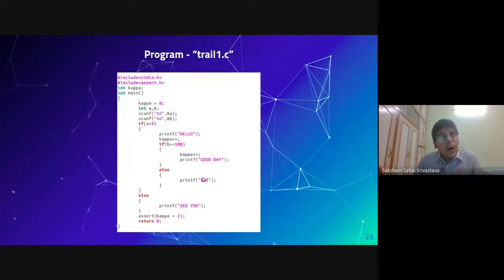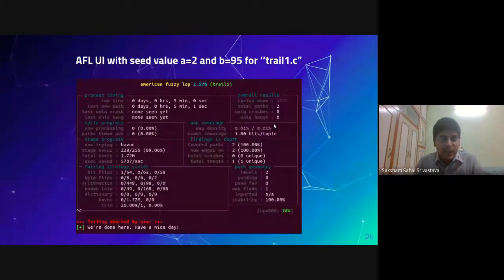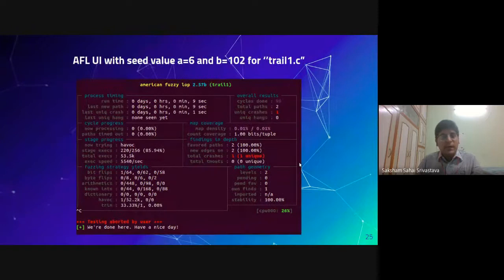So it will directly go to this. On mutating 2, it can go to 3 or 4, but it hasn't been able to cross a equals 5. It has not become a value greater than 5 in that 5-minute time. That is why no crash has been reported. But if you take a equals 6 and b equals 100, then you see a crash has been reported within 9 seconds.